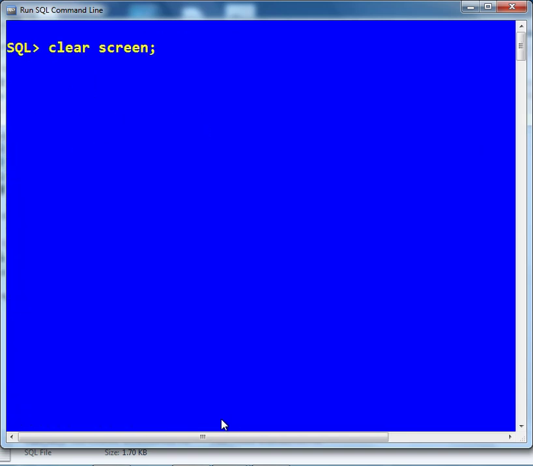Now let's see, select count asterisk from ACMP. So here we have total number of rows as 9.